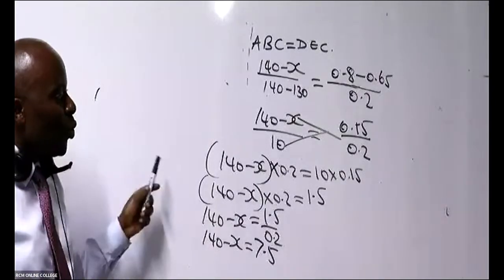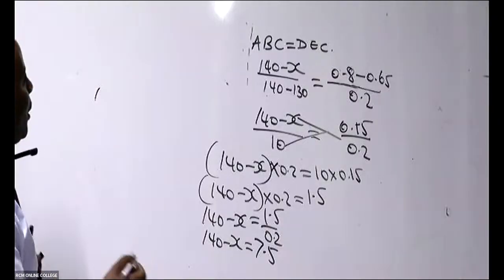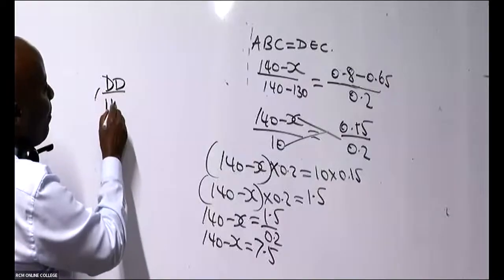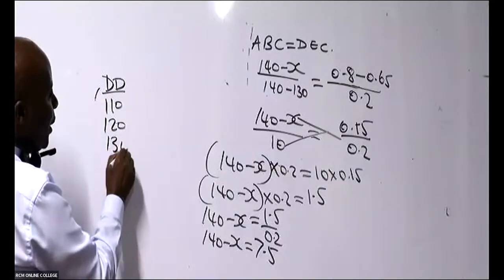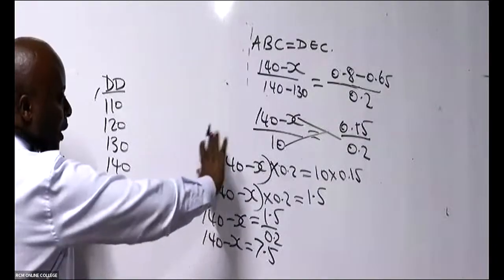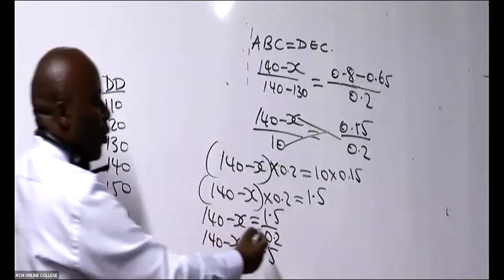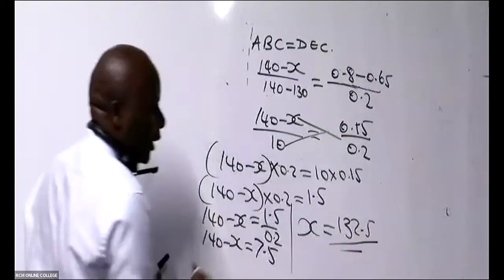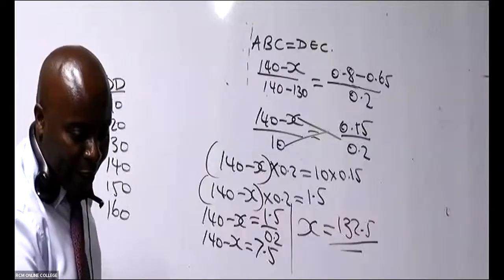If I were you, I would simply master this concept of continuous probability distributions, where I'm given my demand of 110, 120, 130, 140, 150, 160. Now that you have seen this method is complicated, but first of all, are we in agreement that x here is 132.5? Are we in agreement about that?